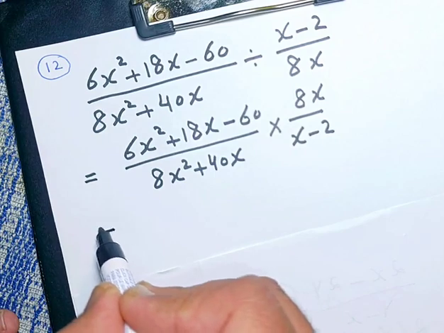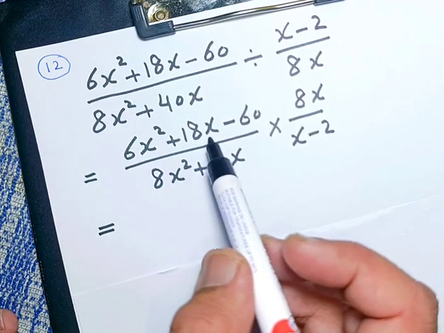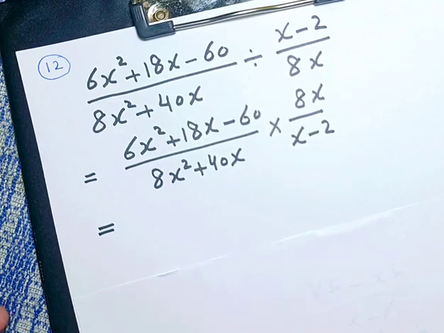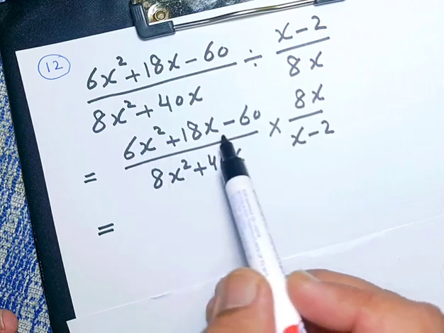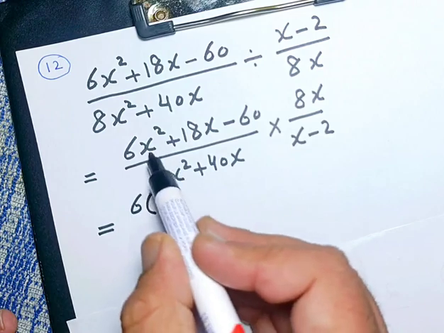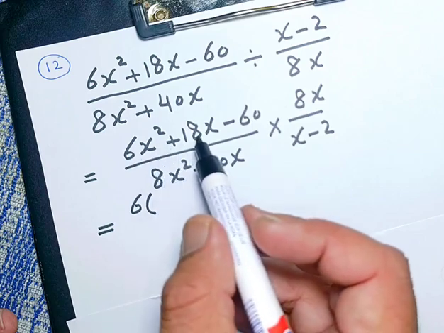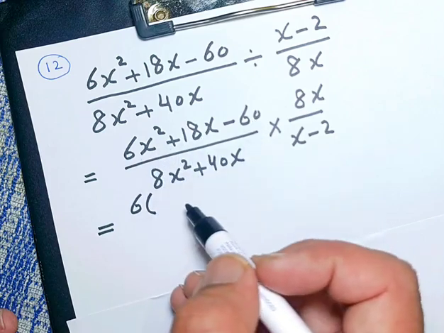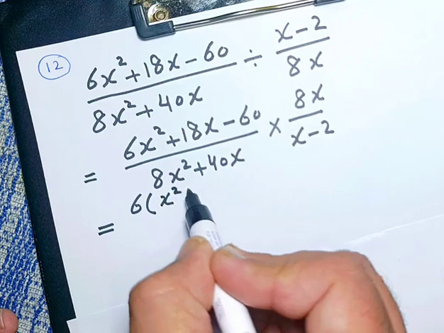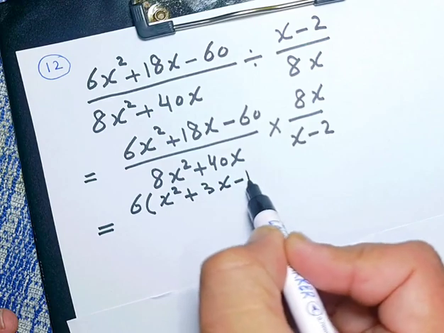So I can see here, first the middle term is positive, so the larger number will be positive. Now I can see here the common factor is 6. So the 6 I take it out because the leading coefficient is 6. So 6 can divide 6, 18 as well, and 60 as well. So 6 is my common factor. So x squared plus 3x minus 10